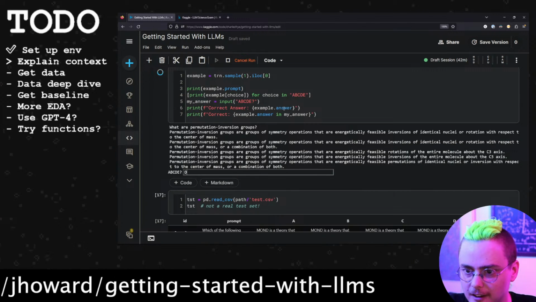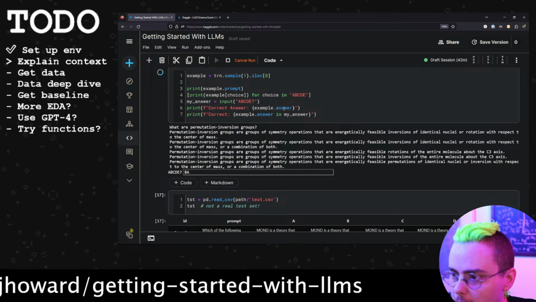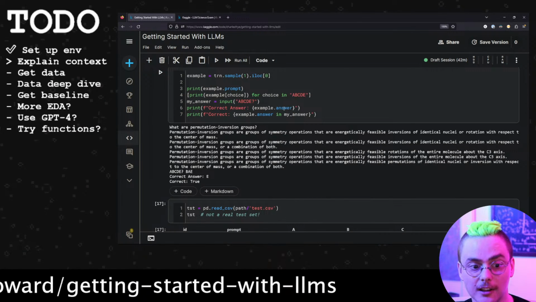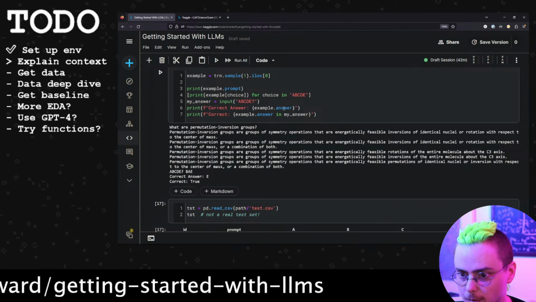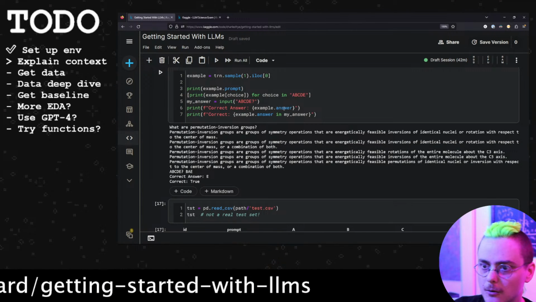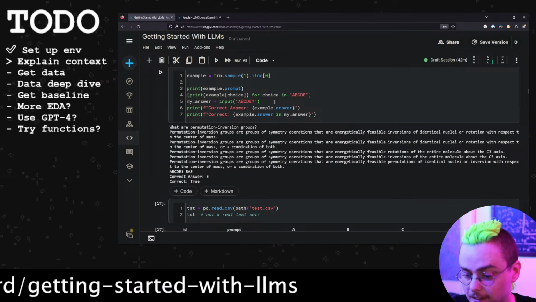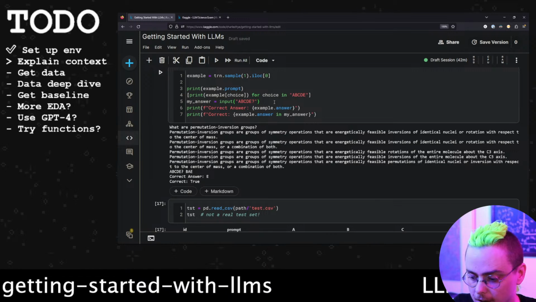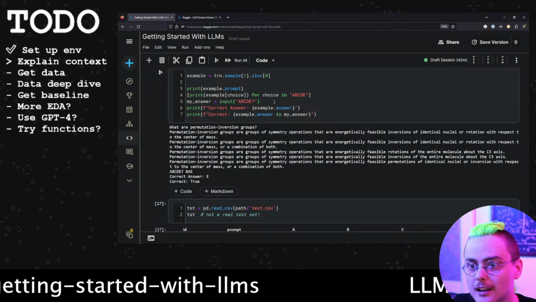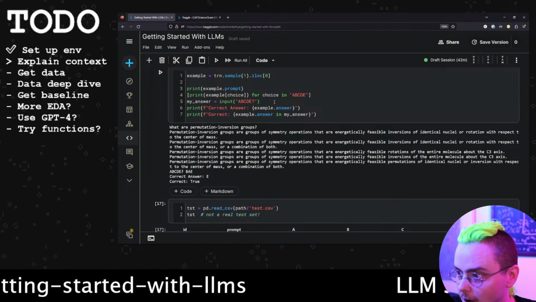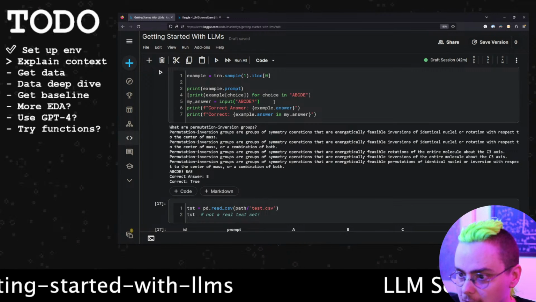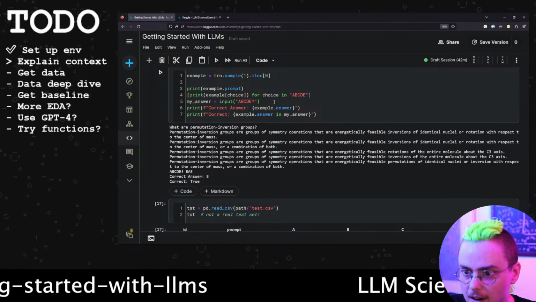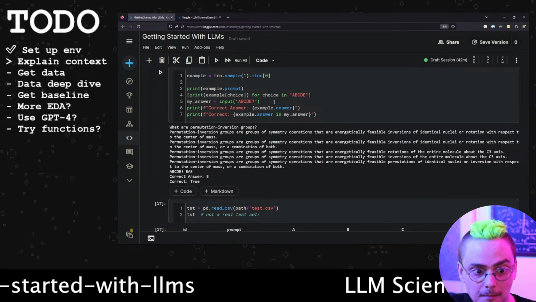So I'm going to guess that it's B, A, or maybe E, and see what I got. All right, so the correct answer was E, which is my third answer. So that's technically a correct answer from the perspective of the evaluation, even though I didn't really have a great reason for picking that one. Those 3 answers just seemed to be the ones that mentioned permutation and inversion, both of them.